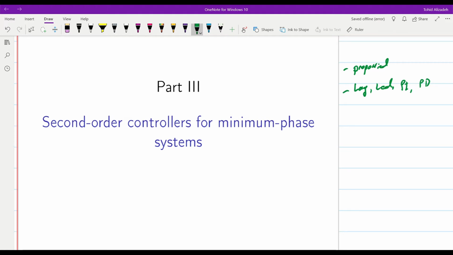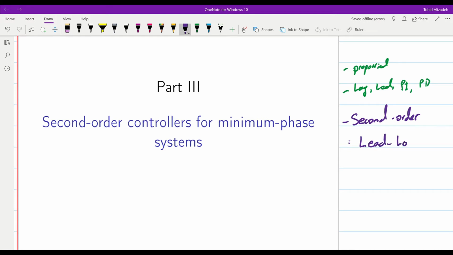Now, sometimes a single first order controller might not be enough for satisfying the requirements. For example, you need to increase the amplitude at the low frequency, and at the same time you need to inject some positive phase around the crossover frequency. In such cases, you might need to use a second order controller. The standard second order controllers that we are going to discuss would include the